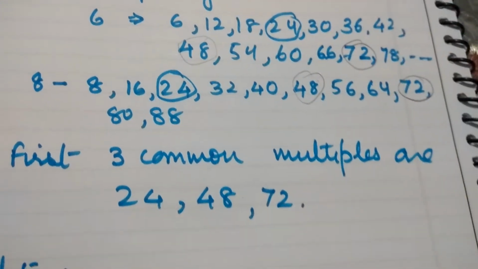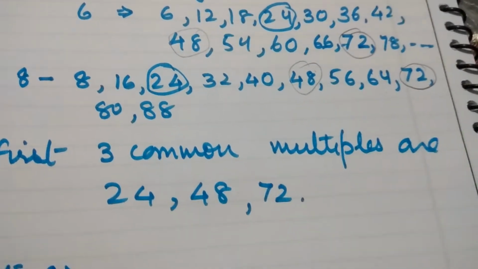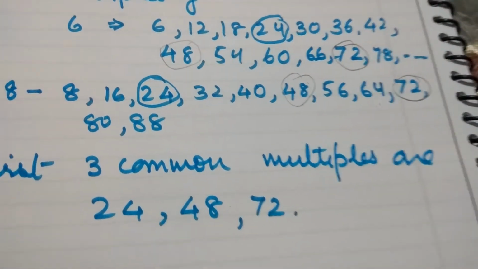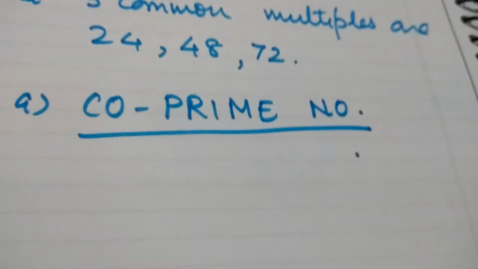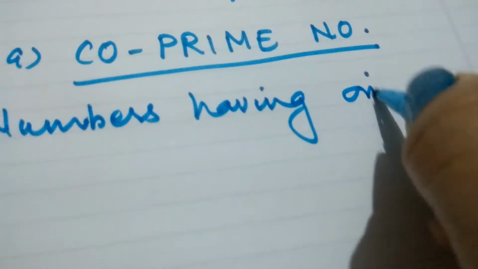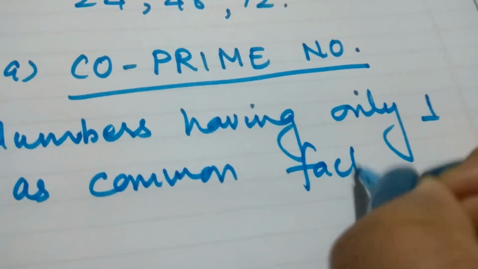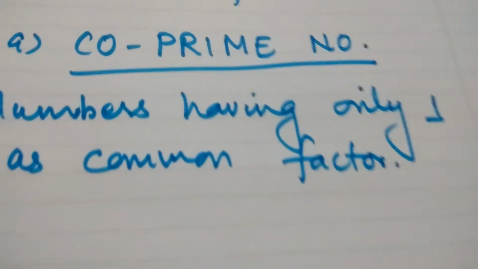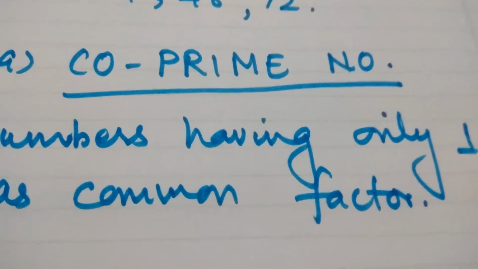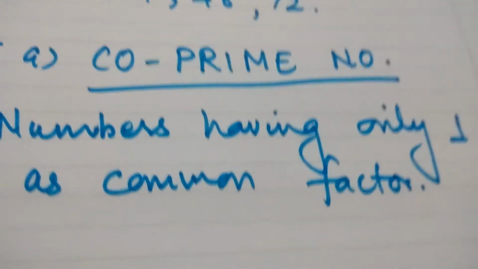Now we come to question number 5. I will take two parts. Which of the following numbers are co-prime? First let me tell you what co-prime numbers are. This is an important definition which can come in 1 mark questions, Section A. Co-prime numbers are numbers having only one as a common factor. So they are numbers which will not come in any common number's table. That's why they are not prime, but co-prime.